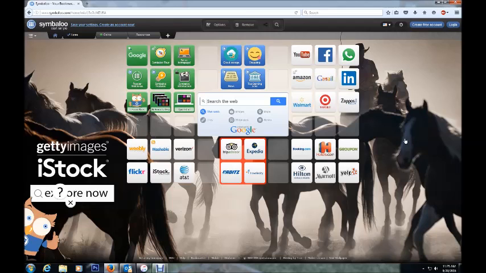Hey guys, I have found a really cool site called Symbaloo that helps to keep all of your frequently used websites organized into a convenient and easy to find place. I'm going to go through a tutorial for you and show you how to set up a Symbaloo, and